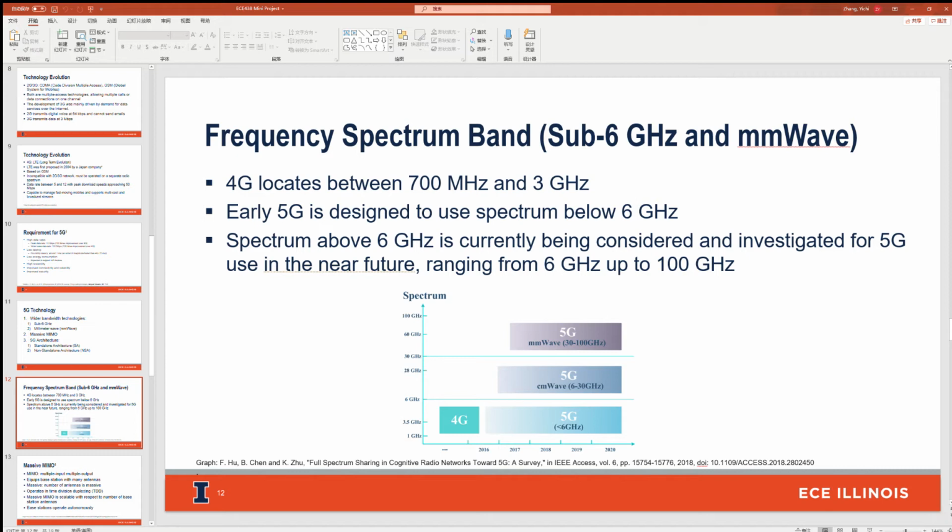Low frequency spectrums, including the sub 6 GHz, can travel farther and penetrate solid objects like buildings better than high frequency spectrum like millimeter waves. The current spectrum utilized for mobile communication is mostly situated below 6 GHz. In particular, the frequency bands primarily used for 4G communication systems are located between 700 megahertz and 3 GHz, using both time division duplex and frequency division duplex.